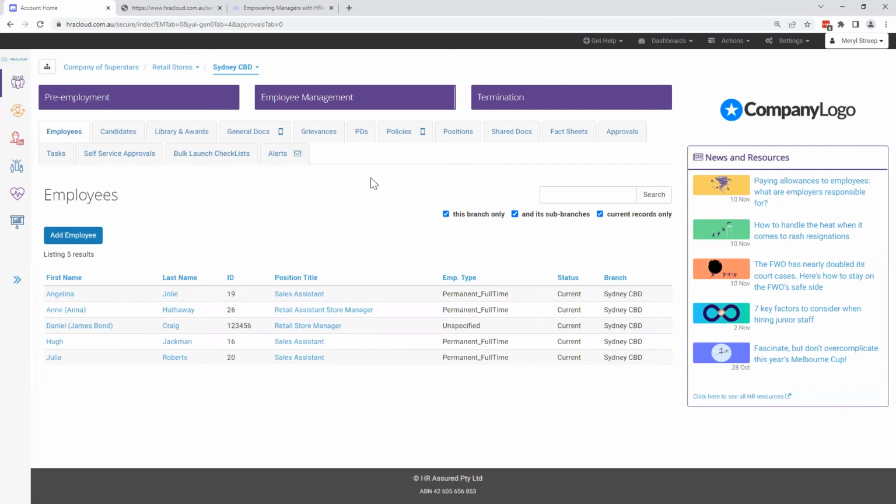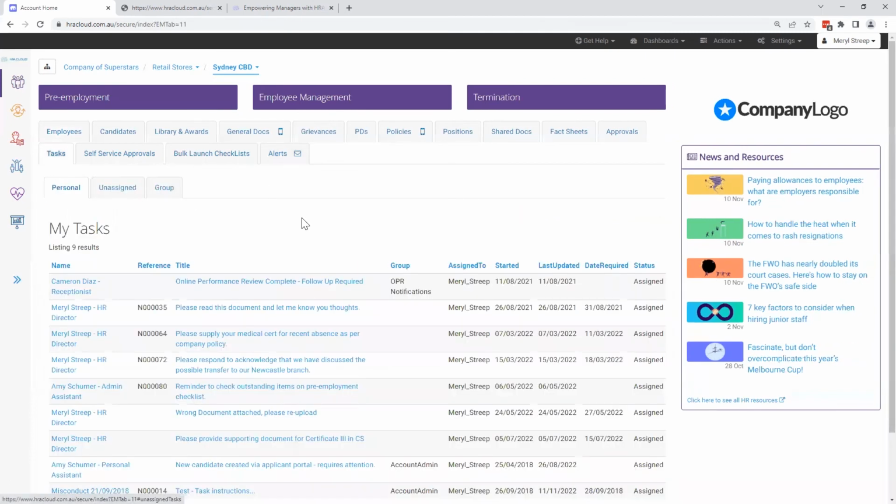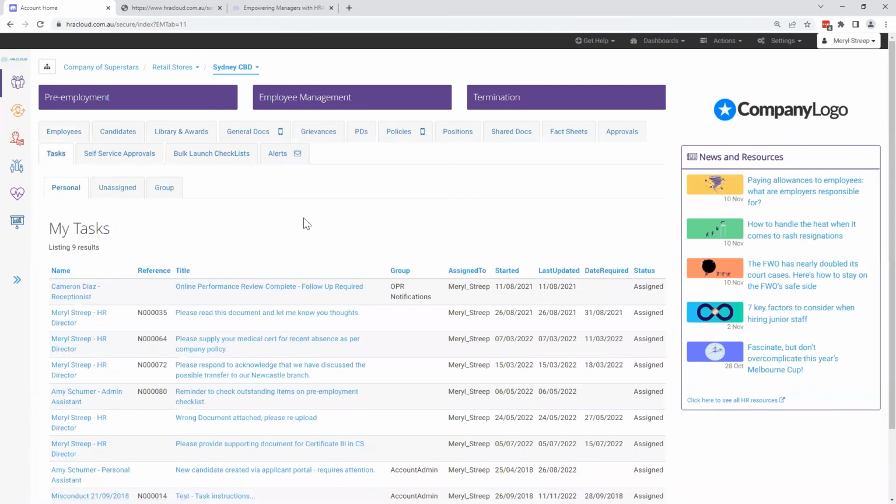If I click on Tasks just here, under Tasks, you'll find a list of the tasks that have been assigned to you. They're usually created when adding a note against an employee or candidate record, or it can be when sending a document. Tasks can also be created at various points throughout the process of completing a checklist.